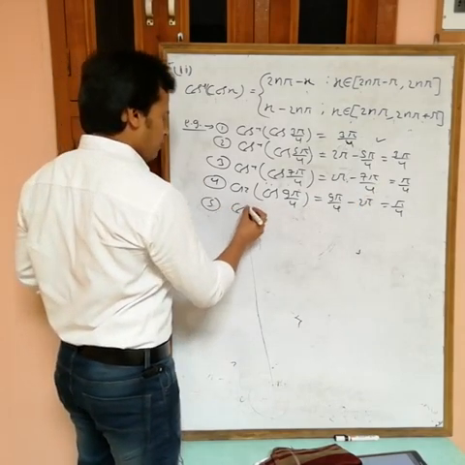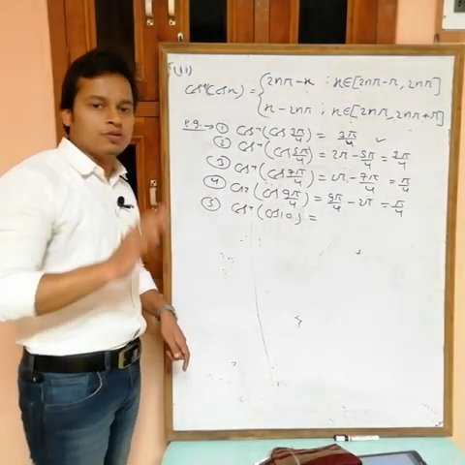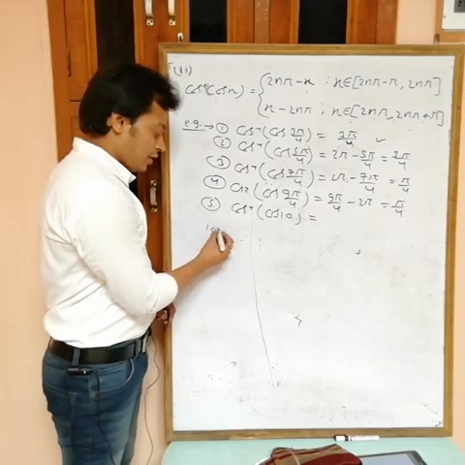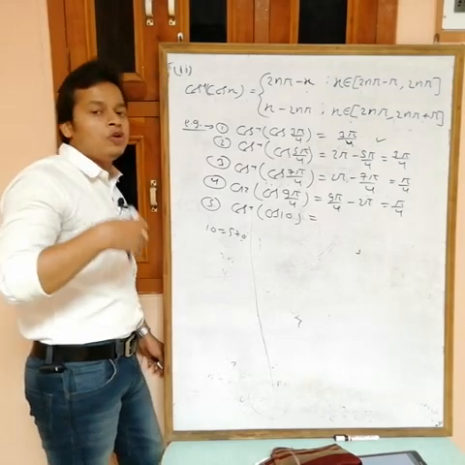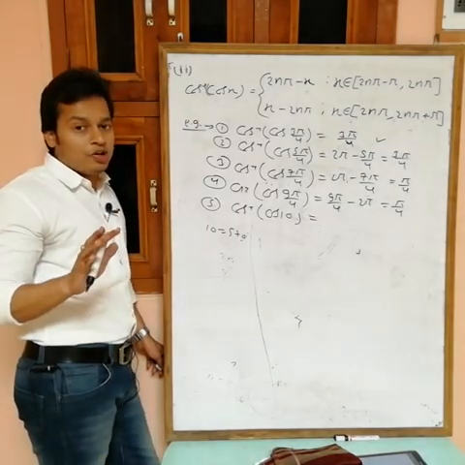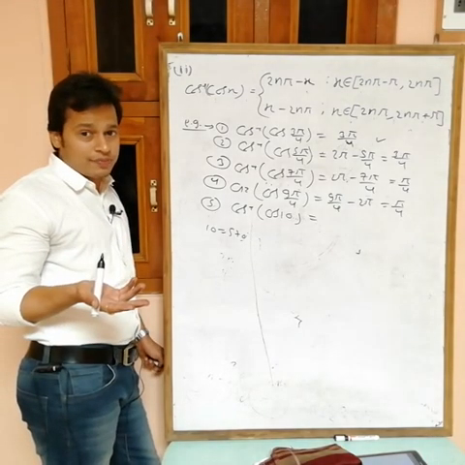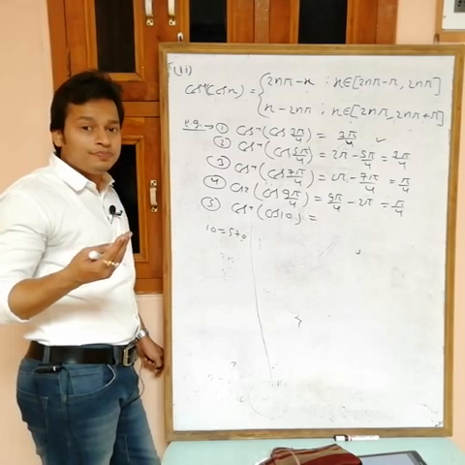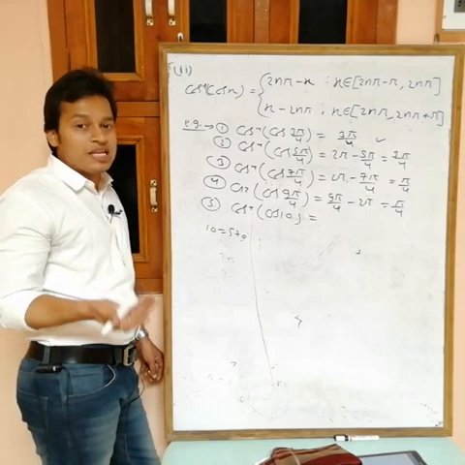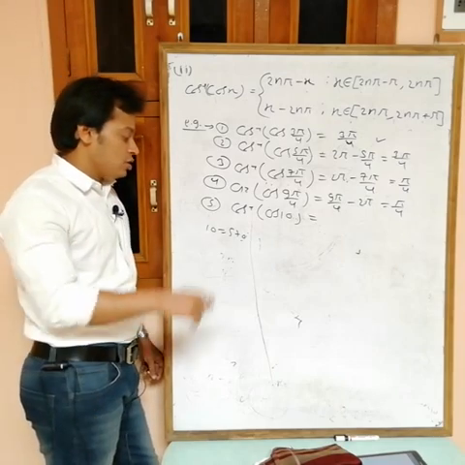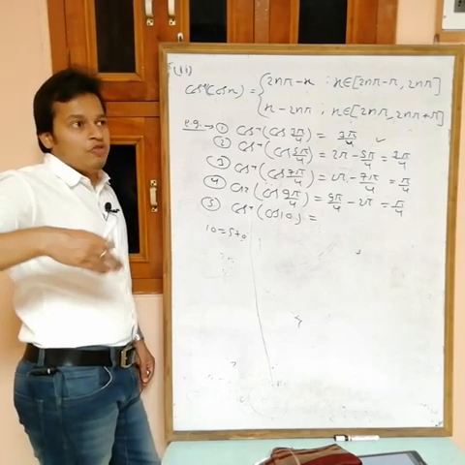And a final example, cos inverse cos 10. Okay, find out for this one. First, 10 is 570 degrees. Now check whether this is near to 0, 2 pi or 4 pi. Check only for even multiples of pi. 2 pi is 360, and 4 pi is 720. Now identify whether this is near to 2 pi or 4 pi. We have to decide one, then we will take before pi or after pi.